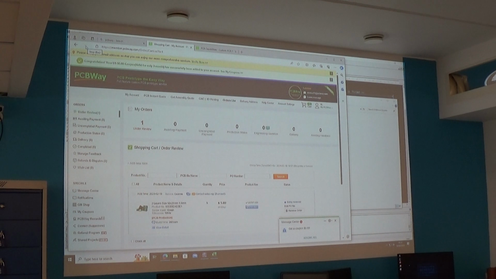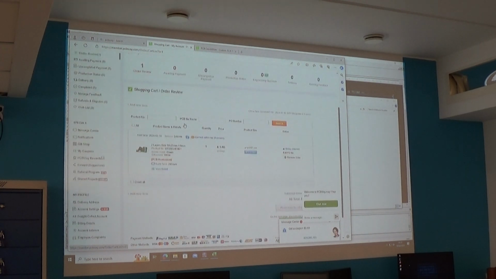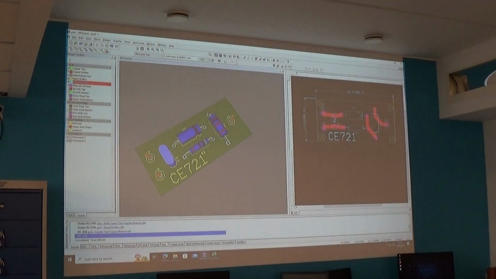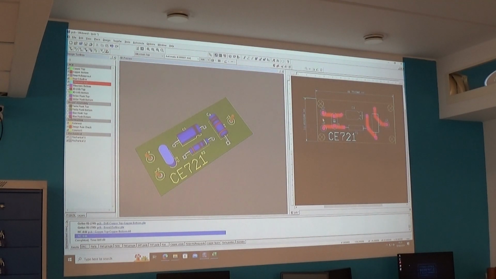So while we are waiting for that, we can have a very quick talk about the other very important thing that needs to be happening. And that is, obviously when we have this PCB, this might be a good time to